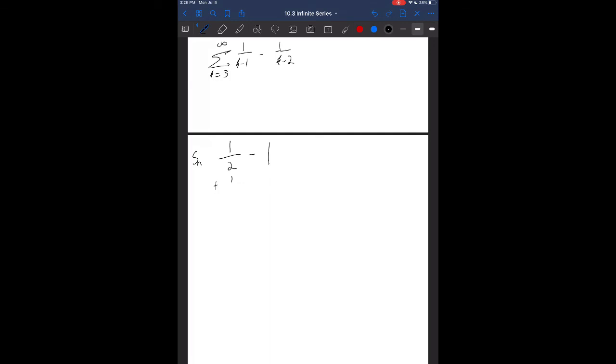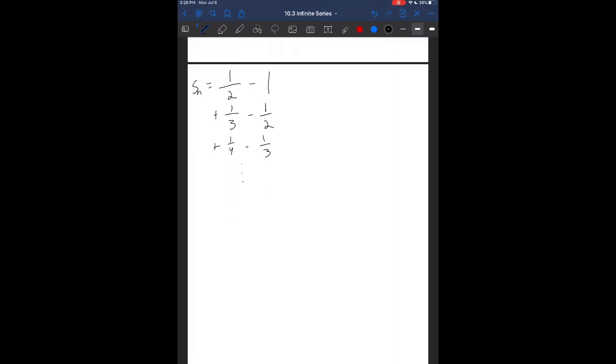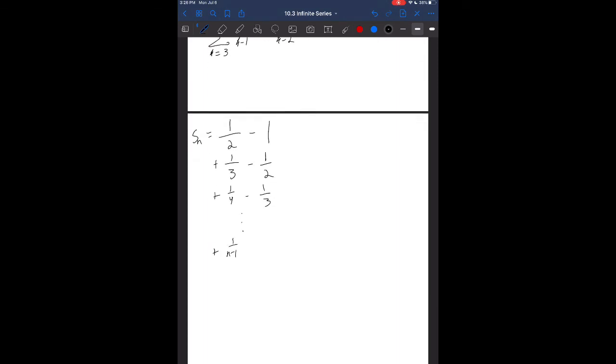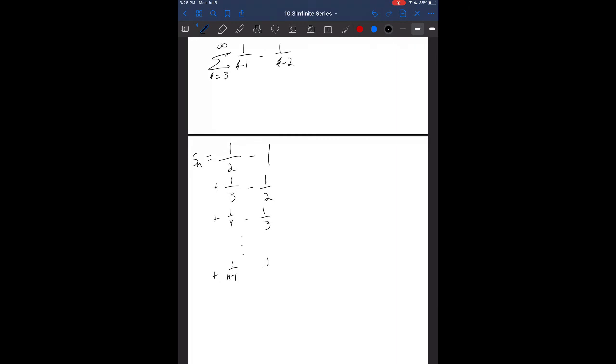K equals 4. So my partial sum at n is going to give me 1/2 minus 1, then plus 1/3 minus 1/2, then plus 1/4 minus 1/3, and so on and so forth until I get plus 1 over n minus 1 minus 1 over n minus 2. And as we saw in the previous case, the 1/2s are going to cancel, the 1/3s are going to cancel, all the way down until I am eventually left with this